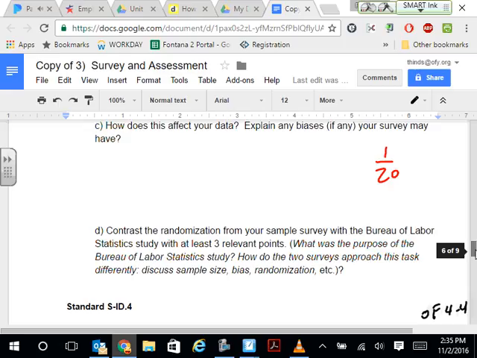Say it again, please. I believe their survey was randomized. They surveyed a larger group of people over a larger area. We couldn't say how they chose people, but it was random. Larger group, larger area. The only part I would change is how they picked. We couldn't say how they picked, and let it be that, because let's just imagine it wasn't random because they did whatever. But I know what you're saying. Submitting it, I'd be like, okay, maybe